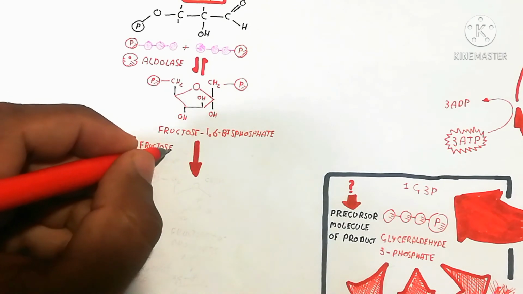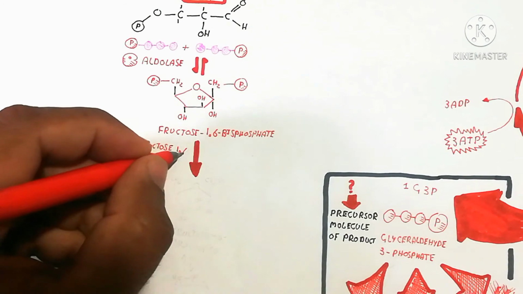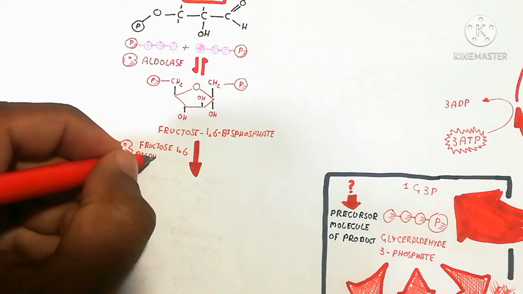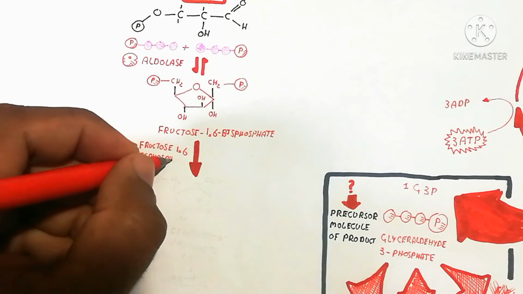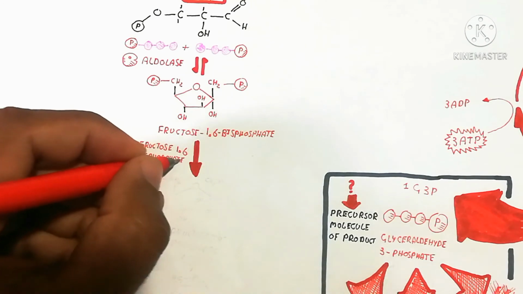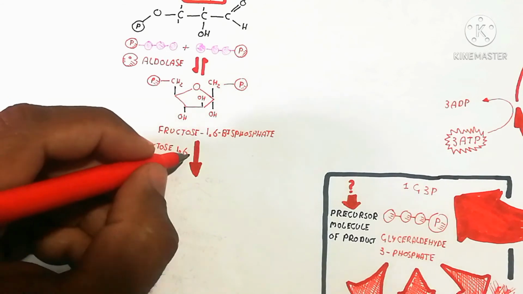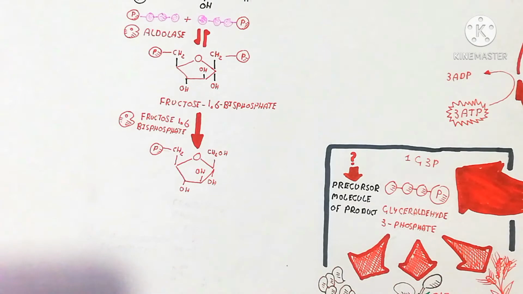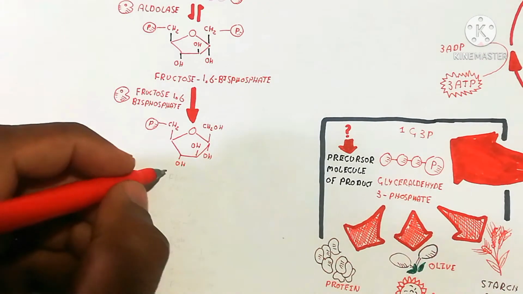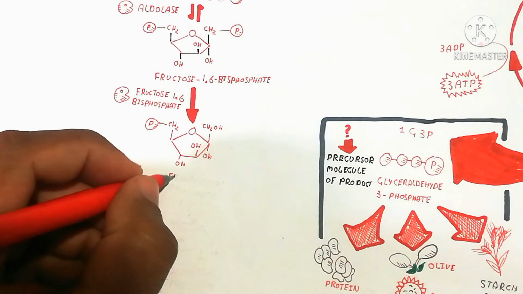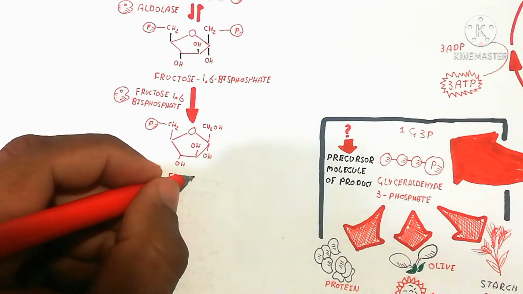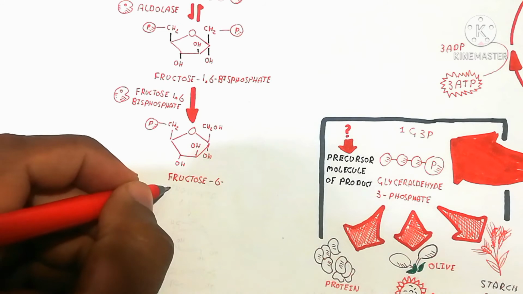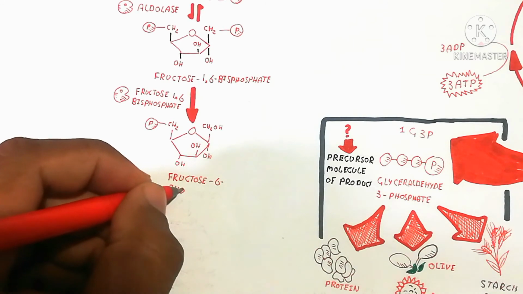So these inorganic phosphate will be released and produce again fructose 6 phosphate. So these fructose 6 phosphate I will write here. So remember about these things. So the fructose 1,6 bisphosphate phosphatase enzyme produces, by the releasing of the inorganic phosphate, fructose 6 phosphate. So these fructose 6 phosphate is converted